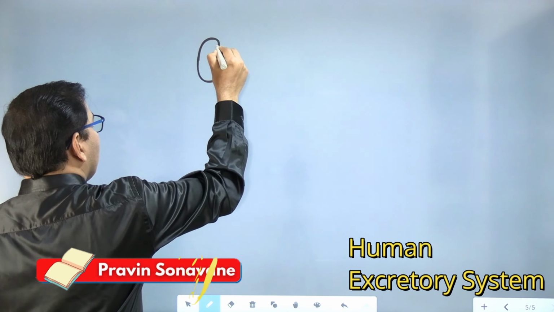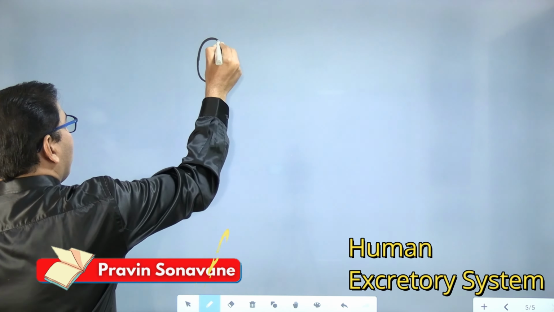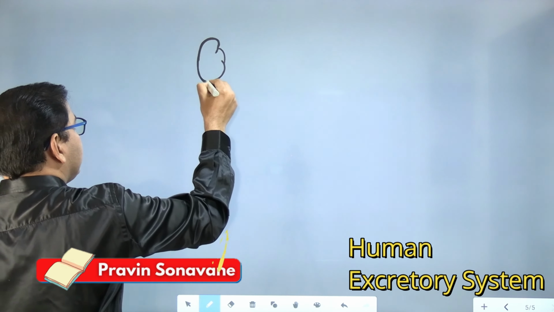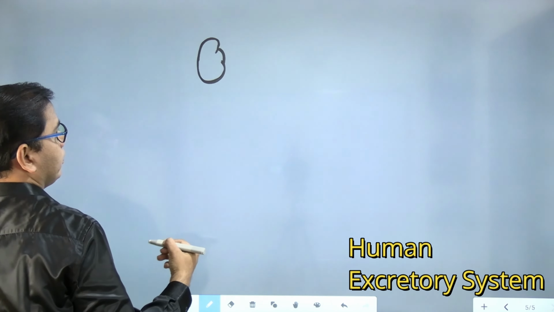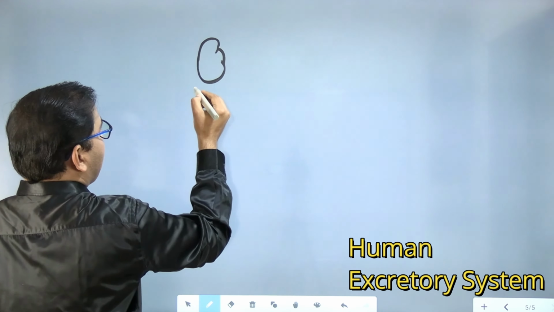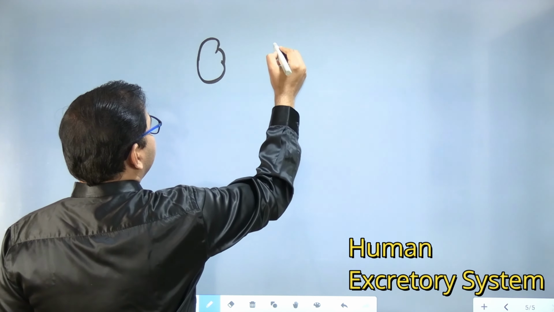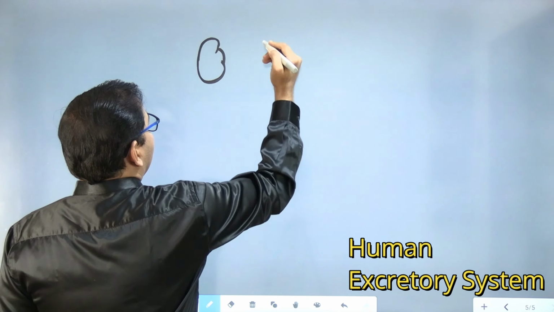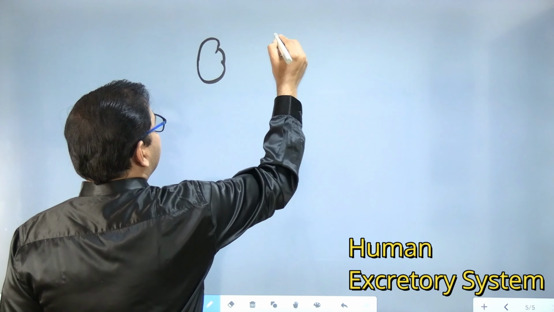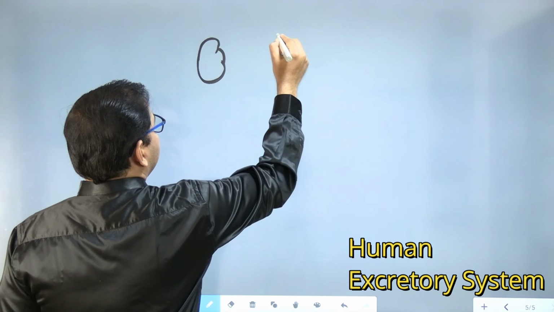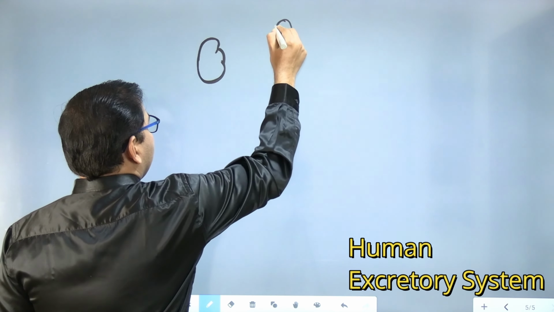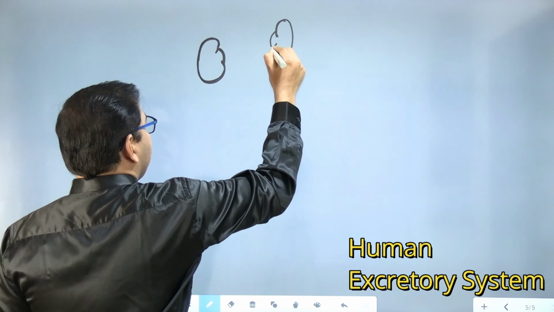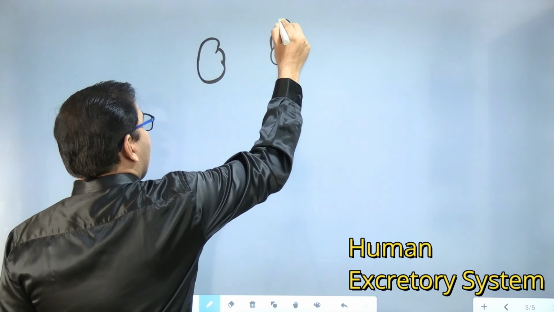This is how we draw a kidney. First draw an English letter C, then this joint, correct? This was the right kidney, and the left kidney will be at a slightly higher position than the right one. So this kidney, in the same manner, almost a mirror image, we are going to draw over here. Alright, are you getting it?